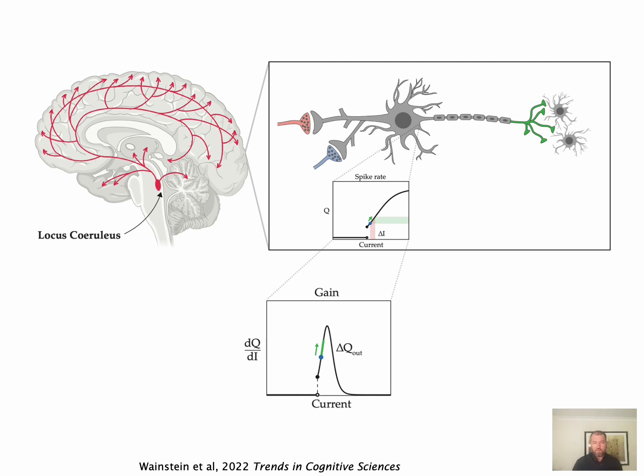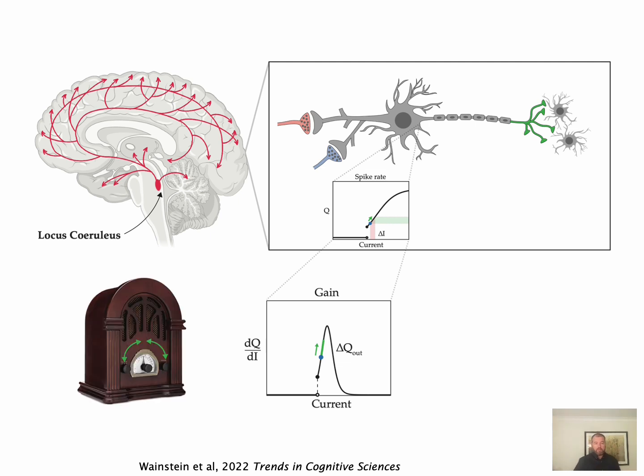And we represent that with these typical gain curves, which essentially tell you, like I said, how much bang you get for your buck. Now, the typical analogy that we would use in this case, and it's been really quite useful over the years, is to think of the ascending arousal system as affecting something like the volume knob on its target regions. So you can imagine that if the volume knob on an old school radio was turned all the way down, you wouldn't really notice any inputs at all. It doesn't matter what is coming into the cell, it's not going to get translated into an output. In contrast, if I turn the volume all the way up,